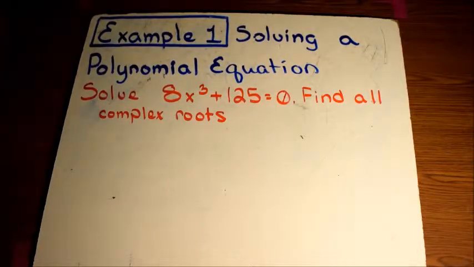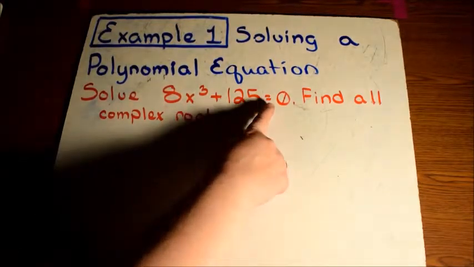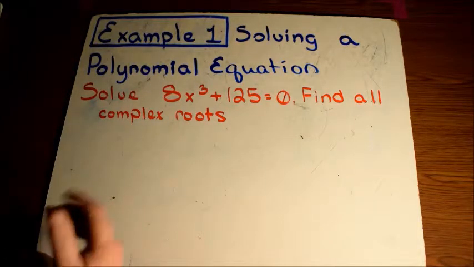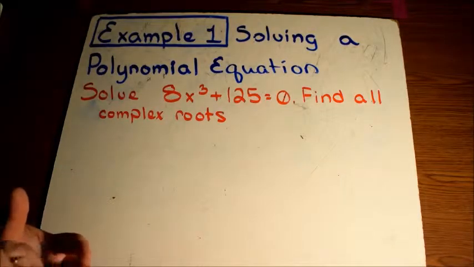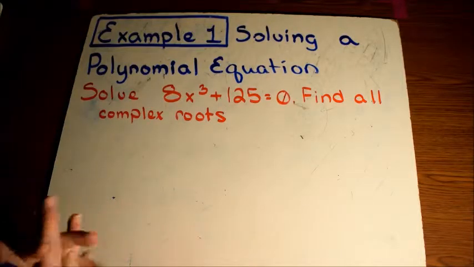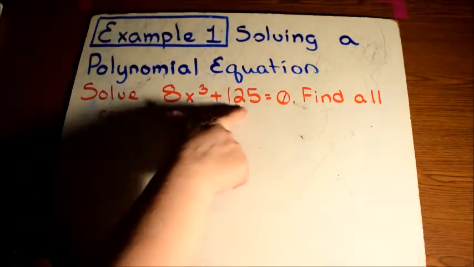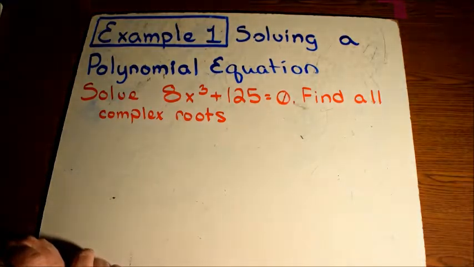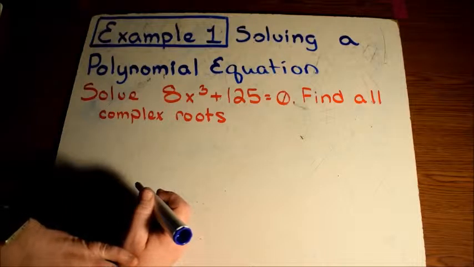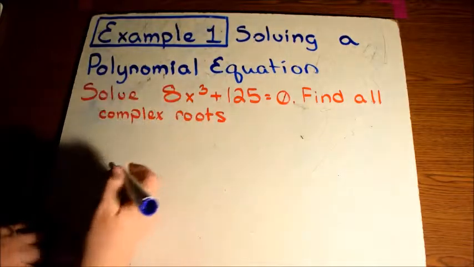All right, let's look at example number 1. We're going to solve this polynomial equation. Remember, solving means there's an equals here, and I want to know what x is. In this case, we're going to find all the complex roots. If you remember, complex roots means that we're going to involve a square root and probably some sort of imaginary number. If you look at this, this looks like a sum of cubes because 8 is really 2 times 2 times 2, or 2 cubed, and x cubed is x cubed. So we can split this up into